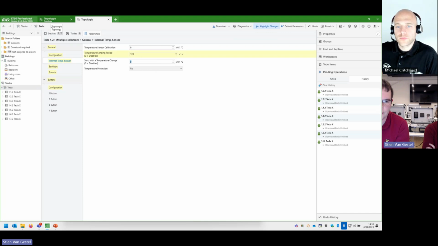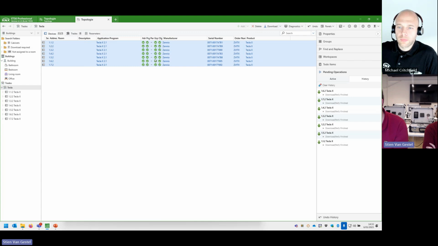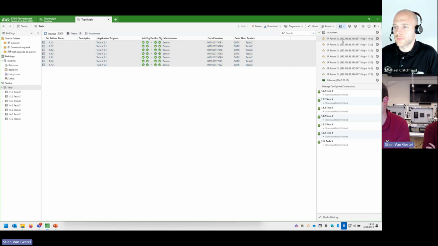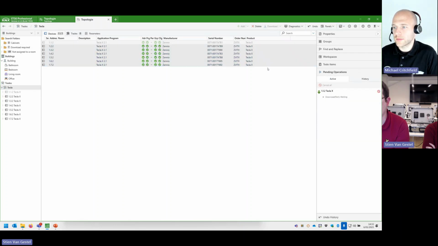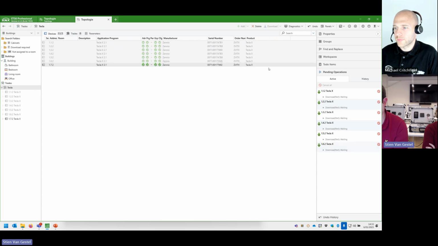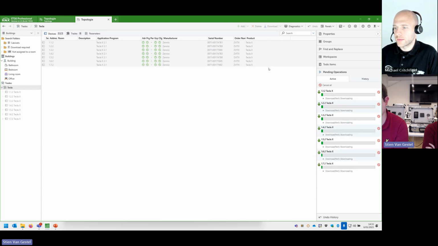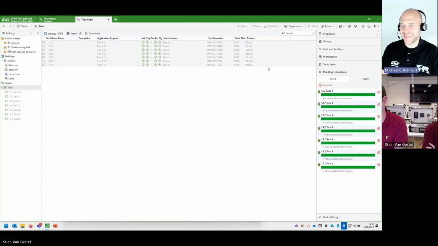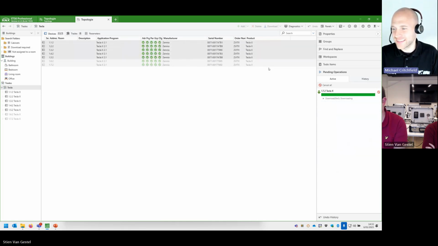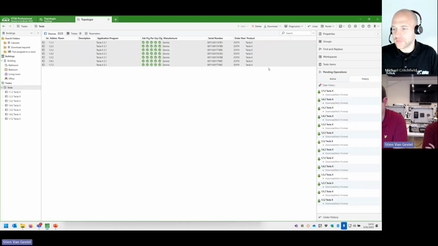Then you will see, if we go back to the trades, to the devices, that the parameter flag has gone low because there's a change. So if I now click the download button, ETS is of course configured on automatic, and you see that all the IP routers are discovered in the network. If I click the download button, then ETS will automatically start 6 downloads in parallel. Oh, wow. Oh, this is good. As you can see, it's only a question of a few seconds and everything is downloaded.